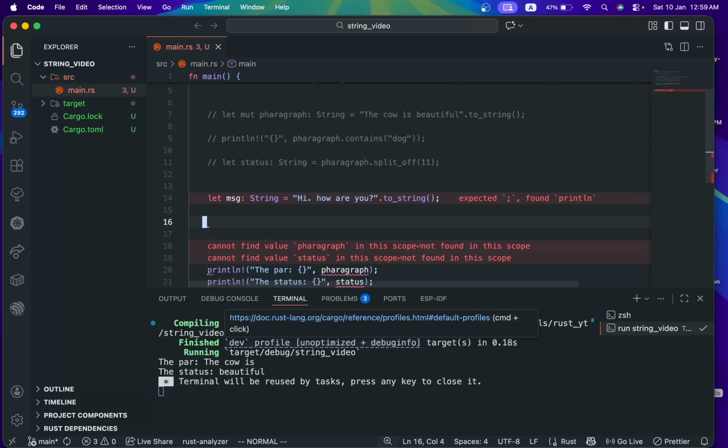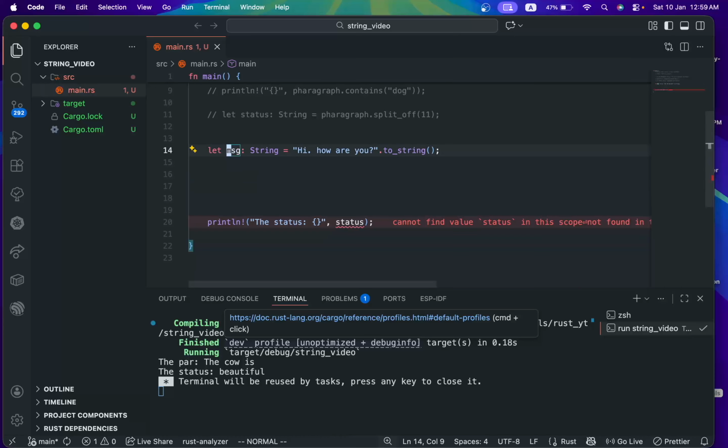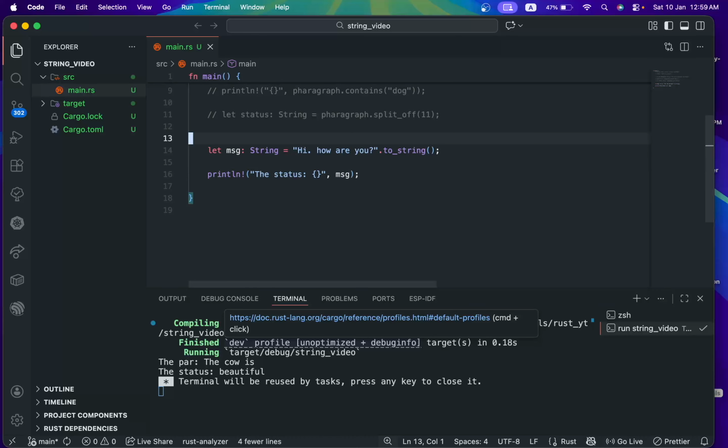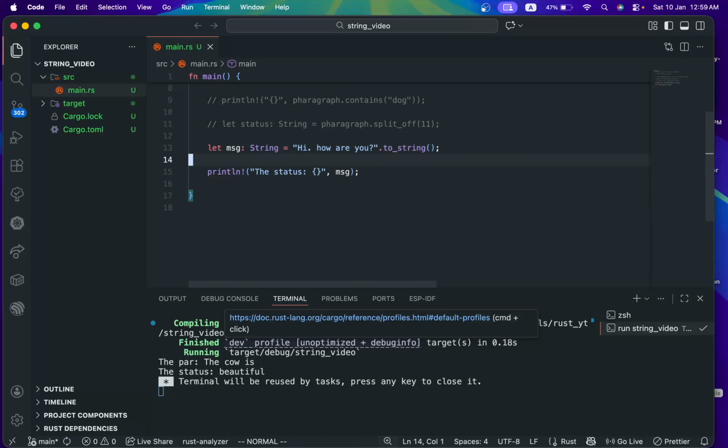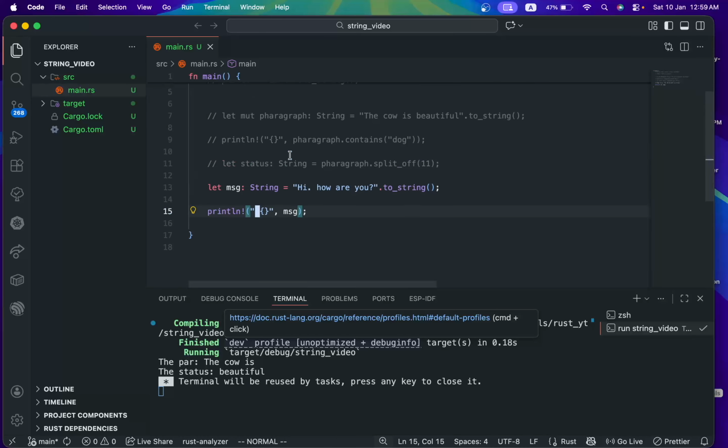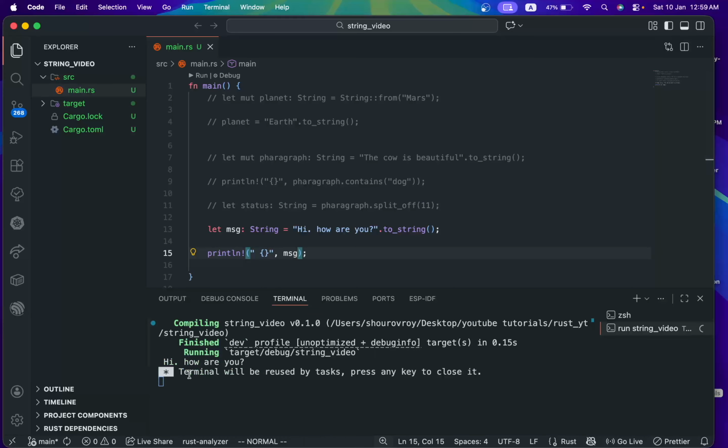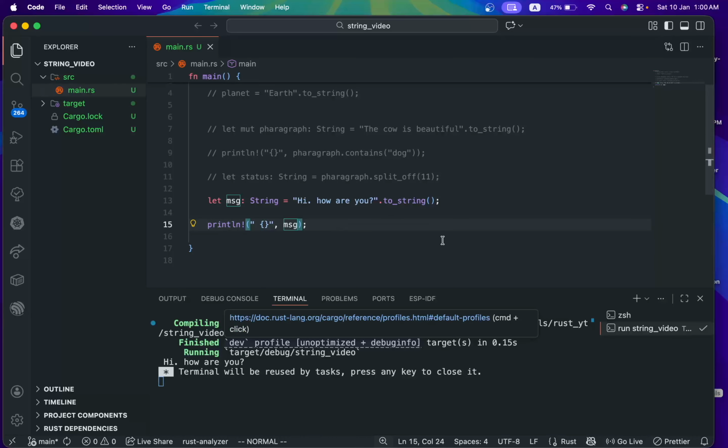Well, so let's print out this message here. Now if you run this, you will be able to see the message, which is hi, how are you? Let's run it here, hi, how are you? And we can also convert it